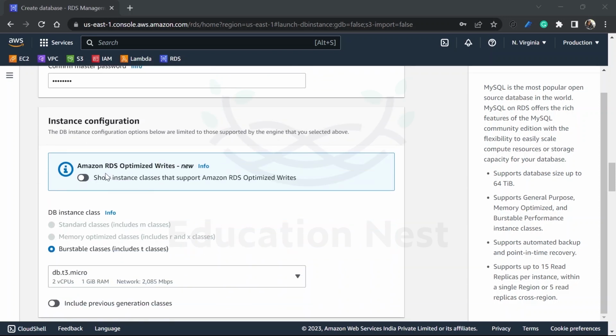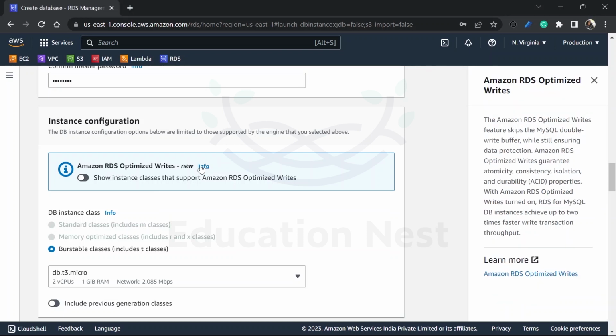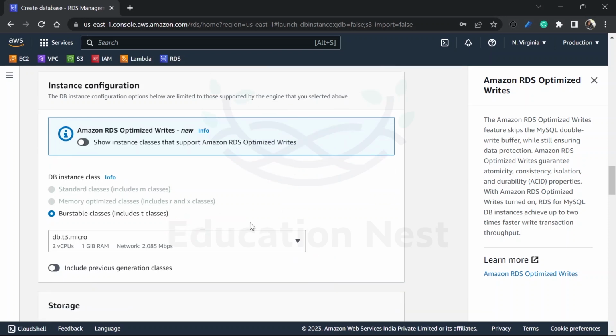Do you want the optimized write? This is something new. If you want extra information about it, you can always select the info option over here. The optimized write feature skips the MySQL double write buffer while still ensuring data protection. So this will actually have the ACID properties as well, and you can achieve 2 times faster write throughput with this enabled. But as of now, I do not want it